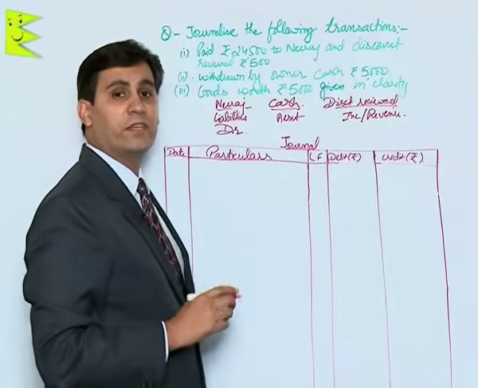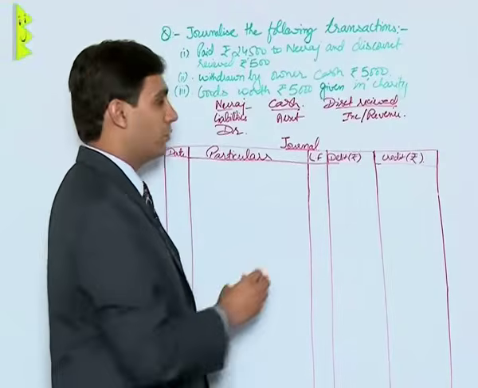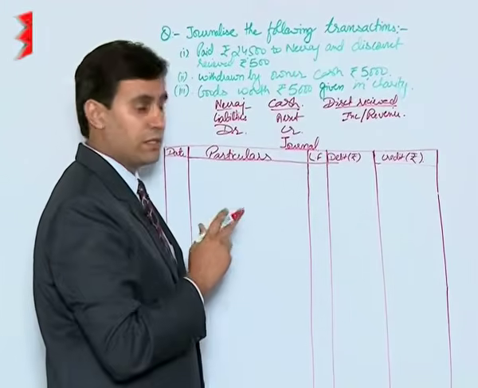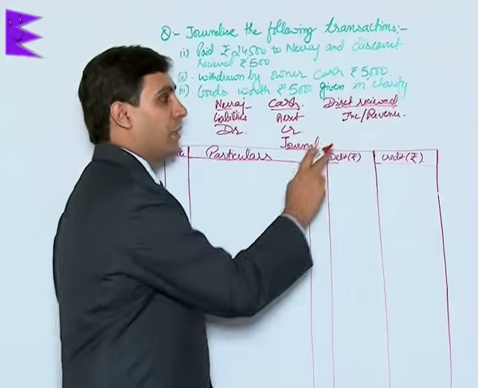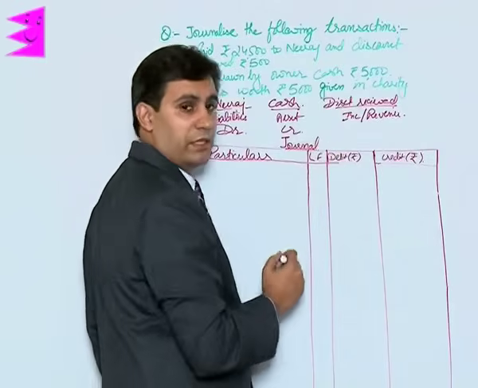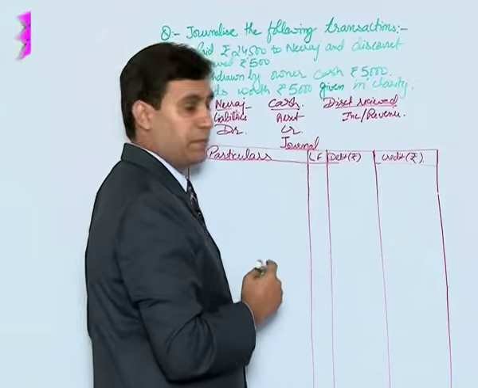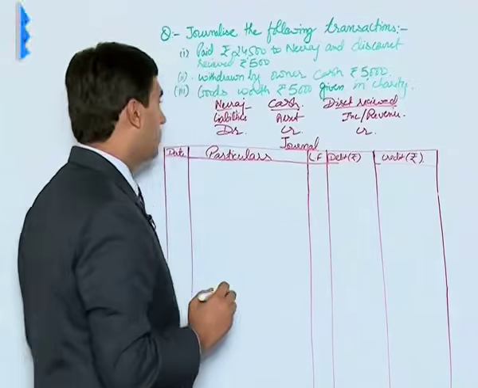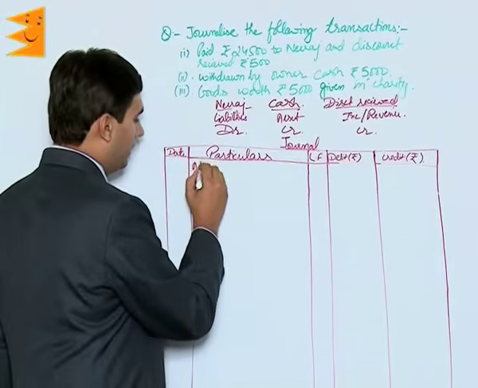For asset, if the assets are decreasing, they should be credited. Since we are paying cash, so cash is decreasing. Coming to revenue, we are receiving something. Since it is increasing, it becomes our income, it should be credited. So now students, the entry would appear as